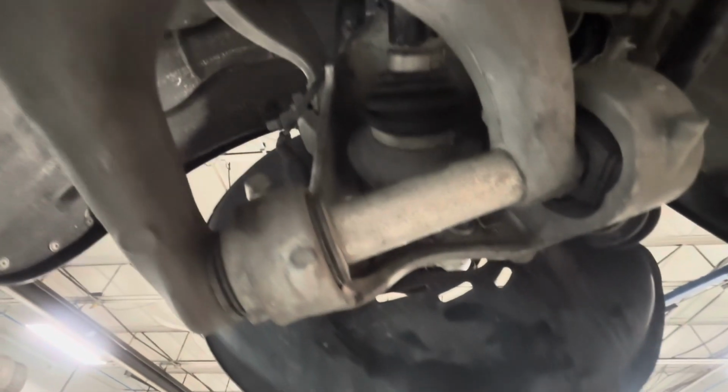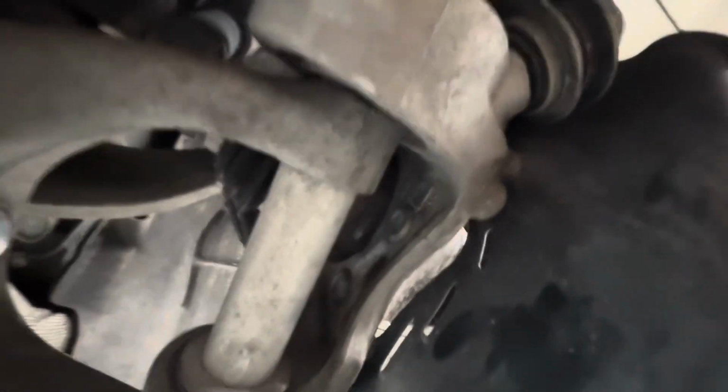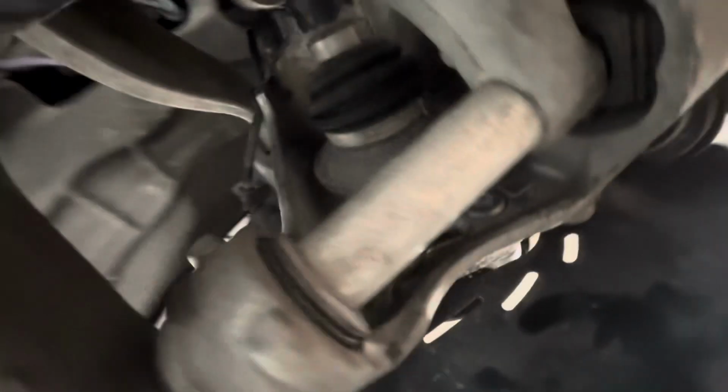So definitely you're going to need a long box end wrench to tighten and loosen that. You're not going to want to use a standard wrench, because you need to get quite a bit of torque on it. So if you're doing one of these and you don't feel like taking all of this apart,